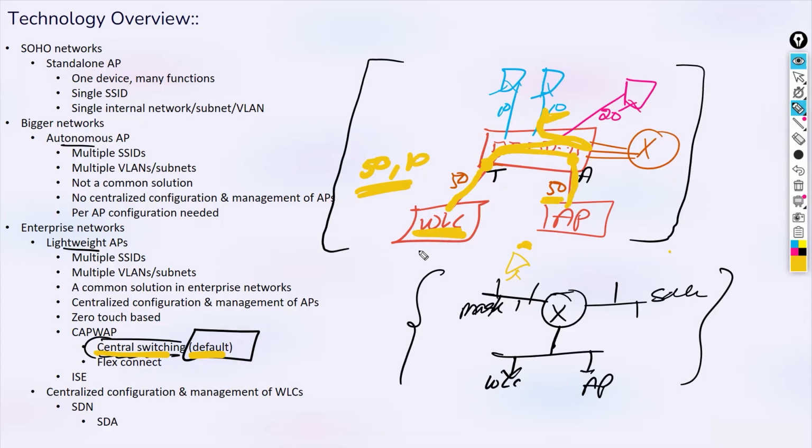So your WLC is burdened with all the traffic in the central switching mechanism, based on the central WLC. This is typical when you are using it in some larger office, enterprise, or campus at a site. But there is one more application where you can use FlexConnect or local switching.